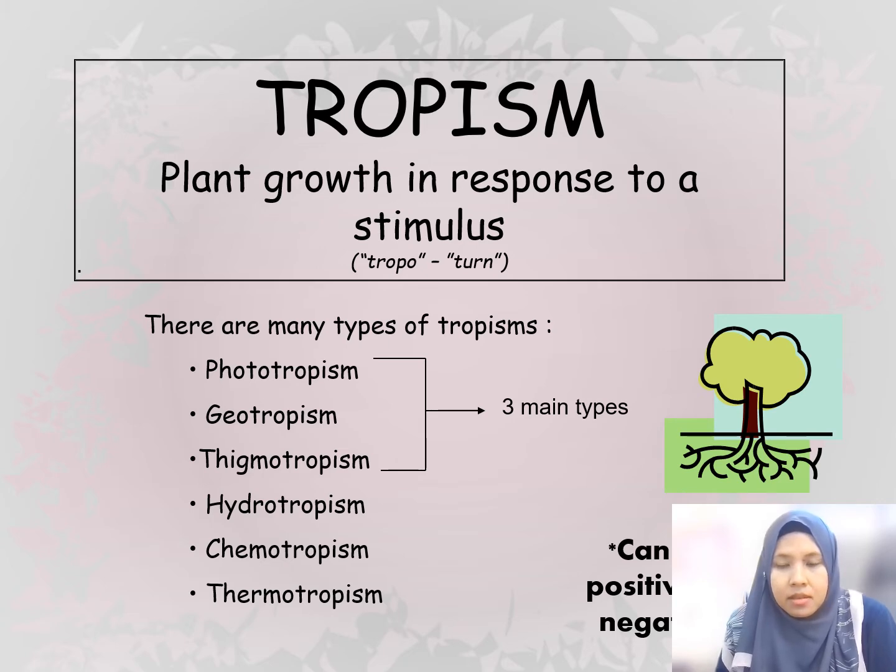Tropism, in short, is plant growth in response to a stimulus. Because tropo means turn, so it turns towards or away from the stimulus. And there are several types of tropisms as listed here. For example, phototropism, geotropism, thigmotropism,